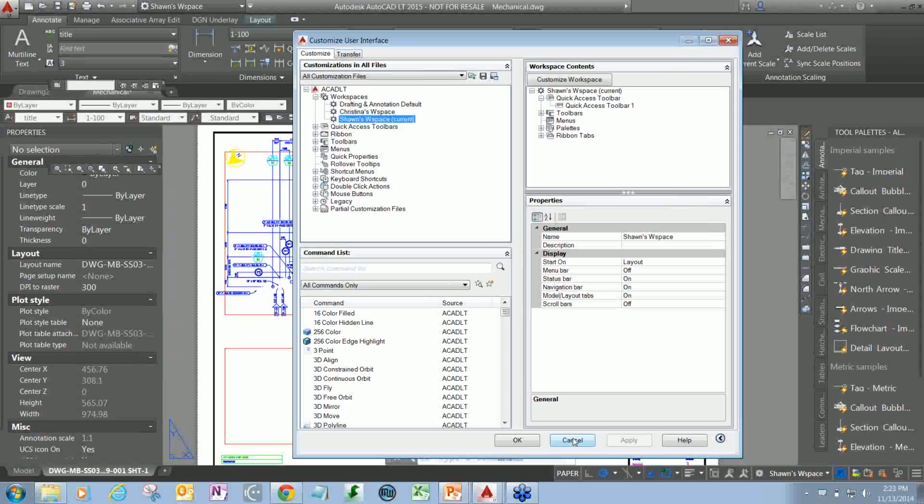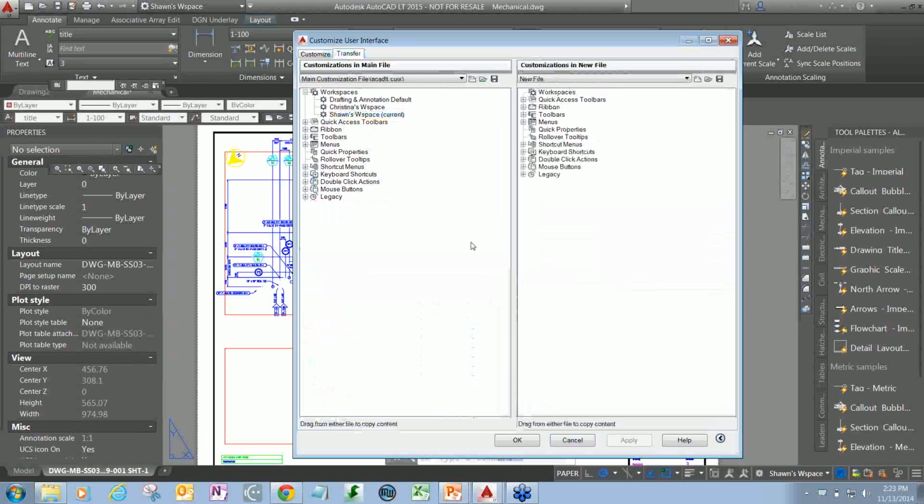Because obviously everyone's not going to want to get into the CUI and move things around. And for that, we can use the transfer tab. So now, because it's stored in the CUI, if you're in a company where things are stored all on the network, you might all be looking at one CUI, and this may not necessarily apply, but this is one method that you can share without copying over everyone's CUIX,